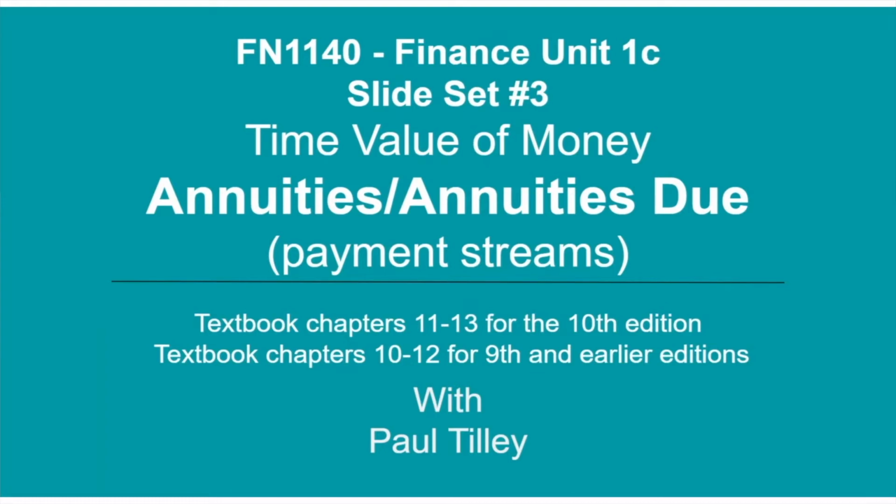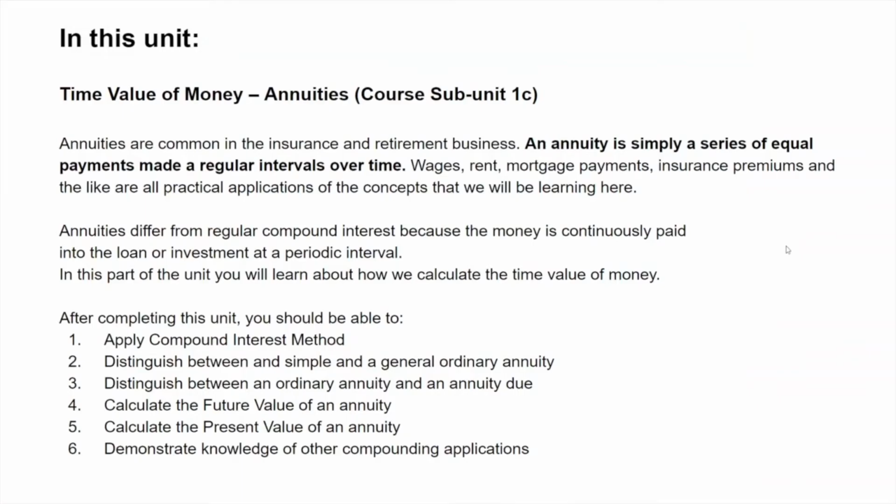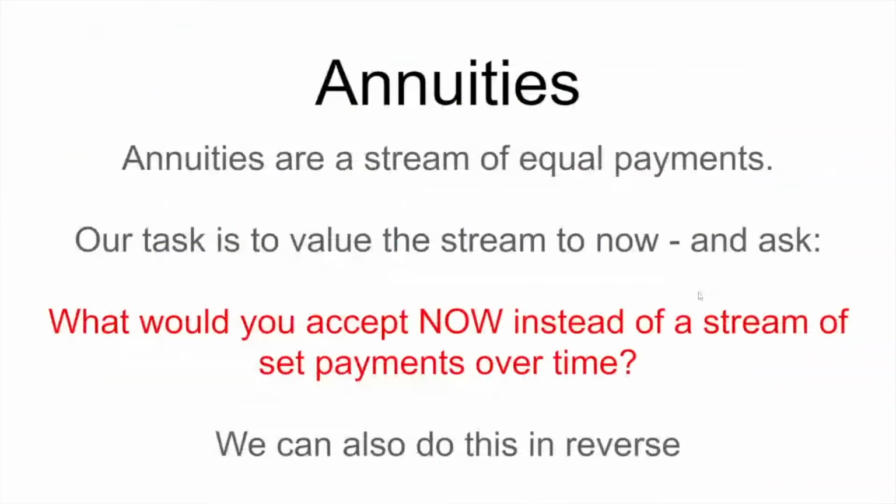What we're doing now is the next iteration, like walking up the steps. This is something called annuities, and annuities are very, very common in business. We never hear the term annuities. It's kind of an unusual term, but effectively what an annuity is, by any other name, is a stream